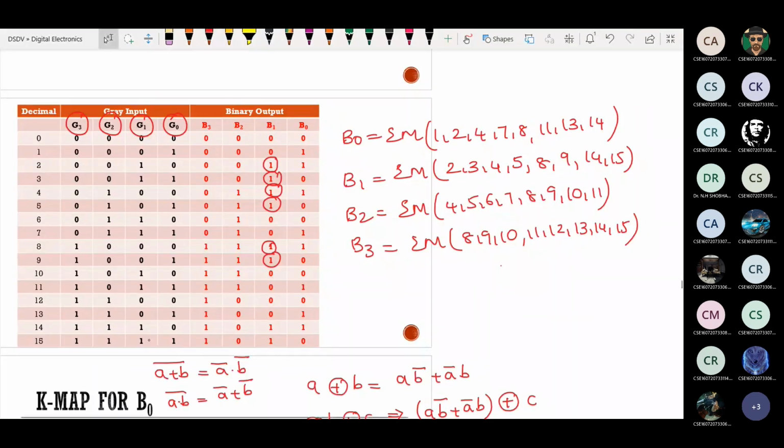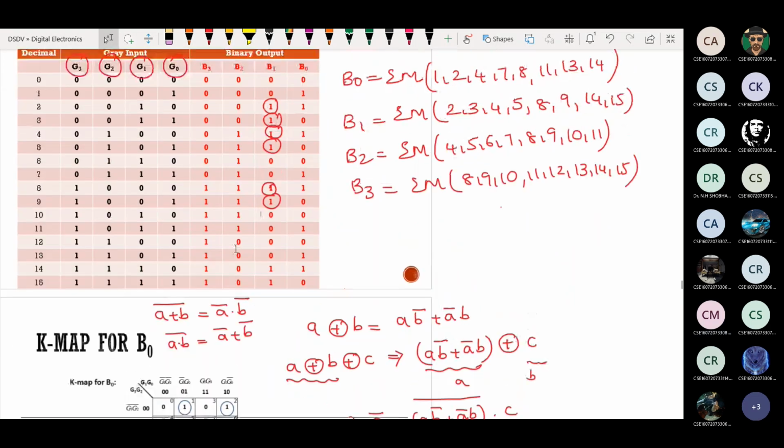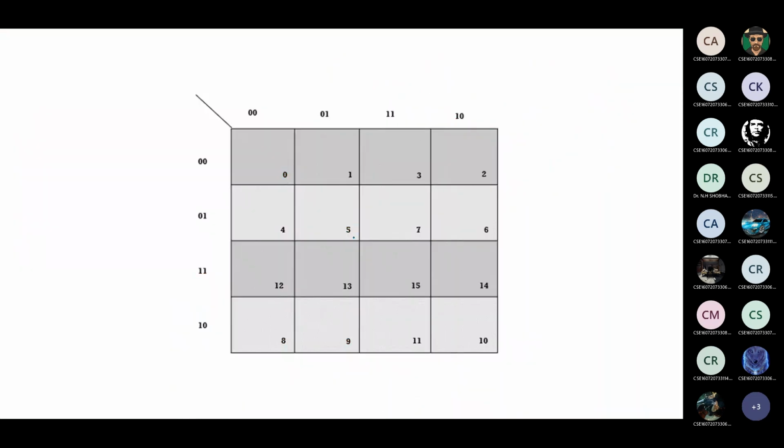So done with B0, B1. Check your answer once again for B1. Did you get the same answer for B1? Yes, sir. Okay. Next, do the K-map for B2 and B3. Tell me the answer. B2 is equal to sum of minterms 4, 5, 6, 7, 8, 9, 10, 11. This is for B2.